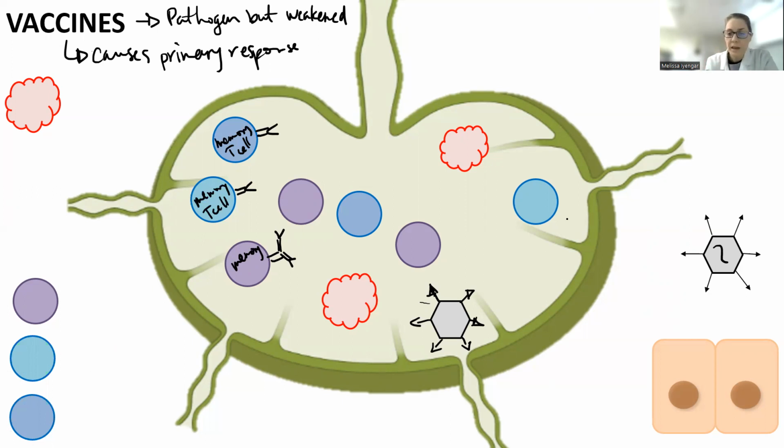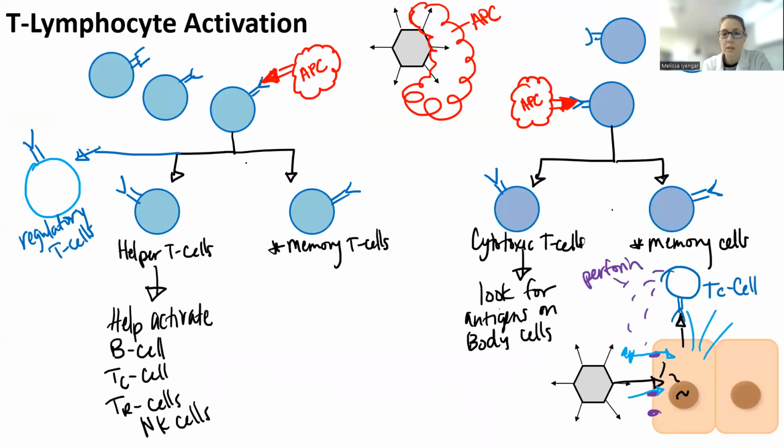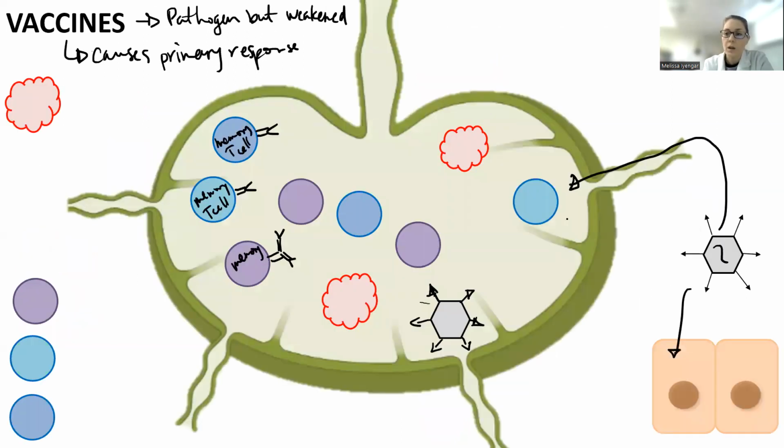So when you get sick with the actual virus, which does have its DNA or RNA and can infect your body cells, you don't have to trigger the primary response anymore. That activation takes 10 days to ramp up production of antibodies, and 10 days to ramp up production of cytotoxic T cells, and part of this is that helper T cells are needed to help you activate B cells. Because this is such a long process, you will be sick for maybe 10 days, 2 weeks, up to 17 days in a primary response.